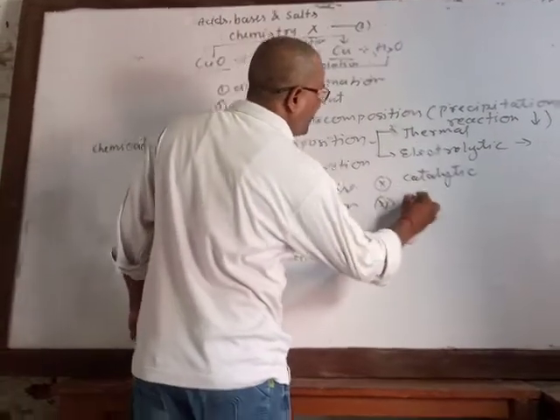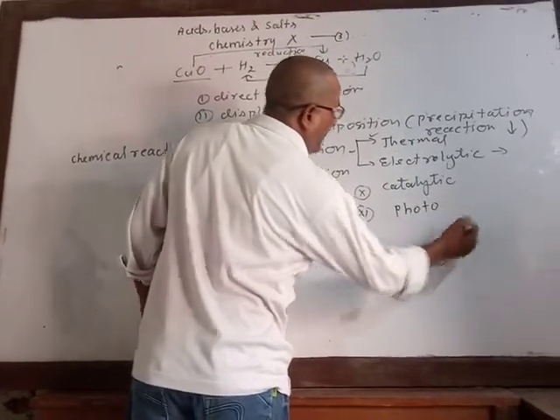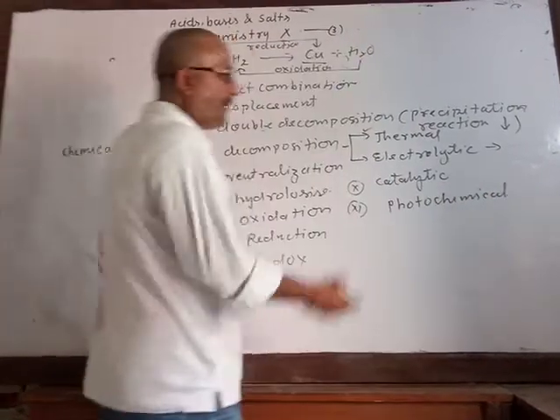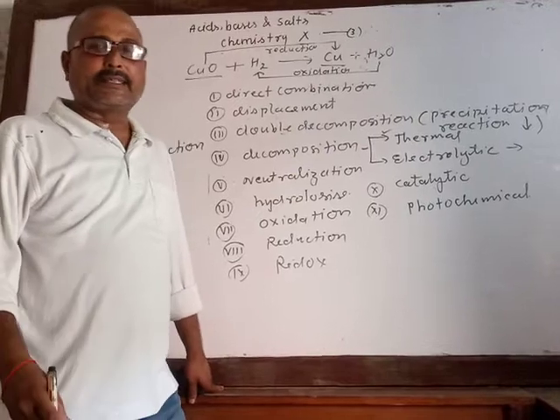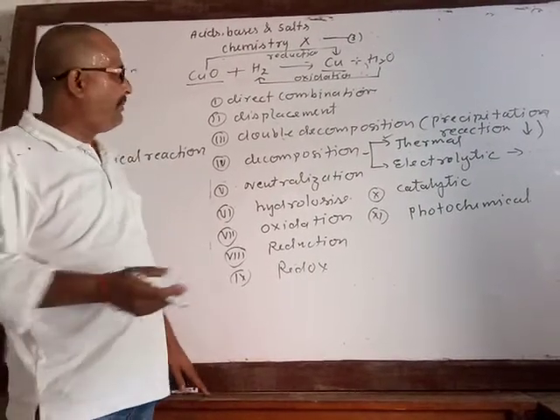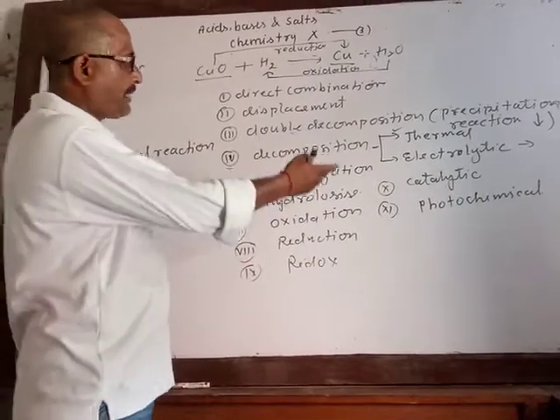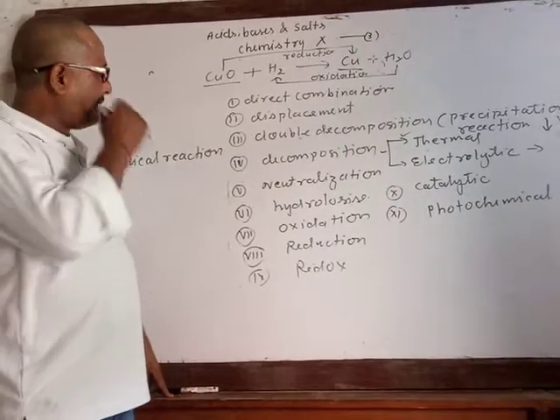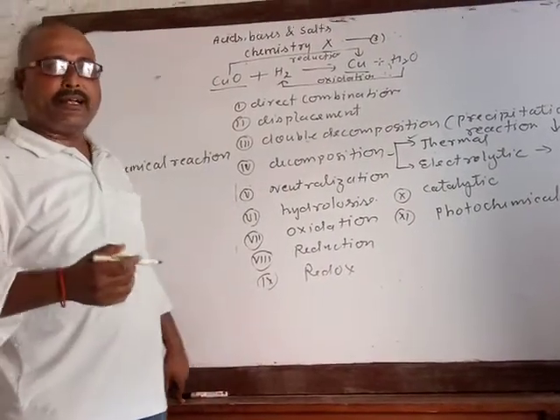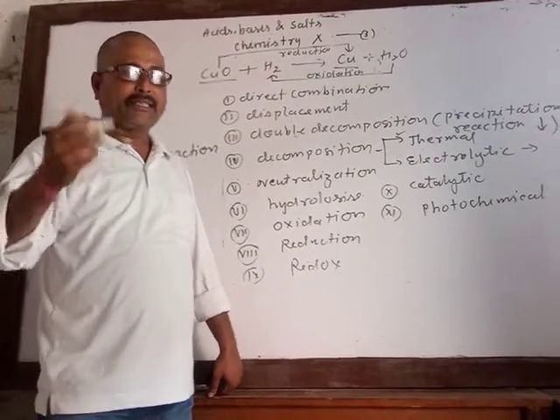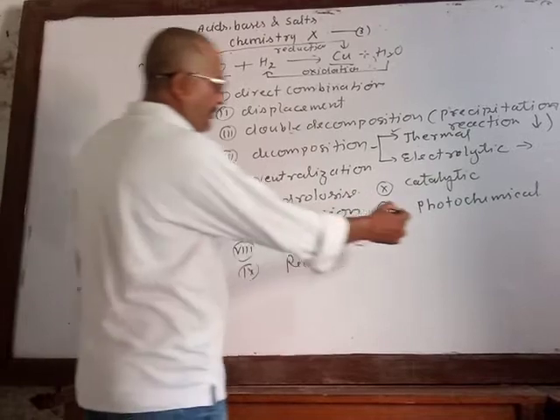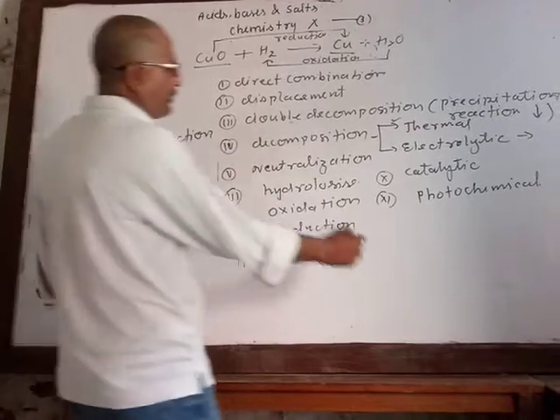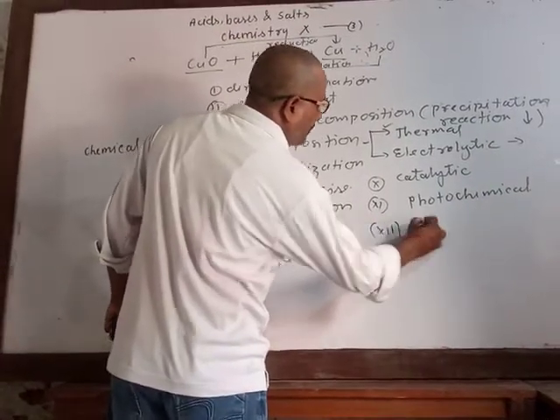Next one, photoreaction, photochemical reaction. You are familiar with photosynthesis. That is in presence of sunlight with the help of chlorophyll. When carbon dioxide and water react together, it forms glucose and oxygen in presence of chlorophyll and in presence of sunlight. Photoreaction. After that, the next one, 12th one, ionization